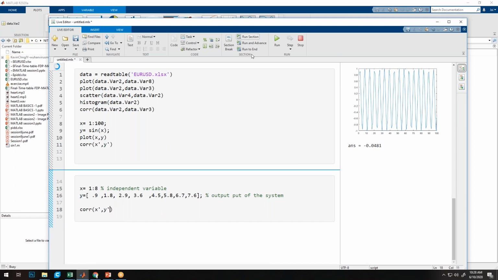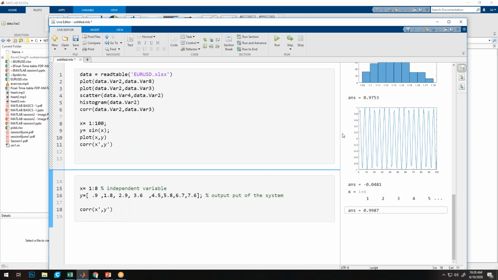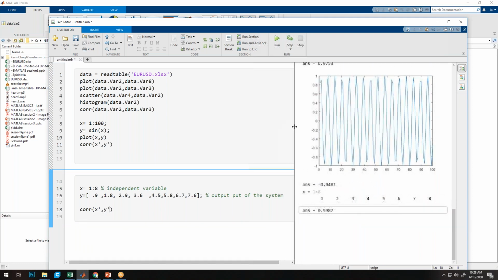First we will run this section, and then we will go for curve fitting to get some feature information.